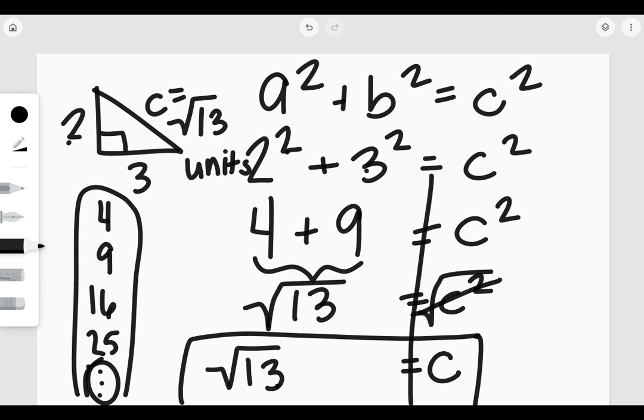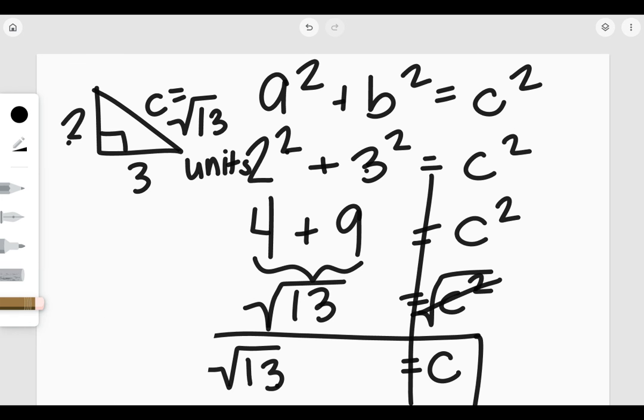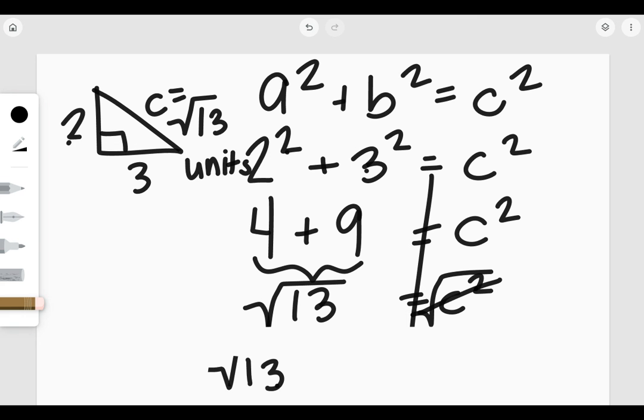Now, there may be questions that ask you to give an approximate answer. And it'll tell you if it wants an approximate answer. The question will say, round your answer to the nearest whatever, tenths, hundredths, thousandths. You read your problem and let it tell you, okay? So in this case, if we want an approximate answer for C, then I need to use my calculation device and find the square root of 13. And you will see when you type yours in that the square root of 13 is something along the lines of